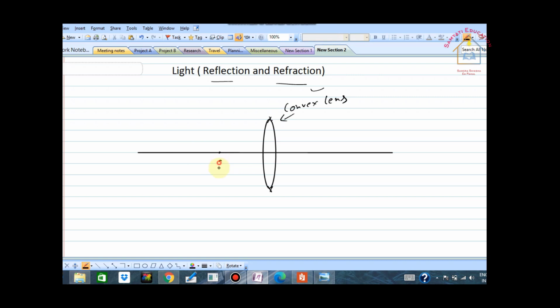This is focus 1, 2f1, and here is f2, here is 2f2. If we cover the first half, the upper half of the lens, with black paper, then it will be like this. If we put an object here,